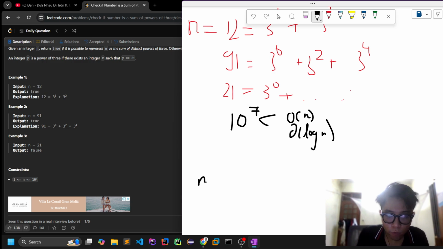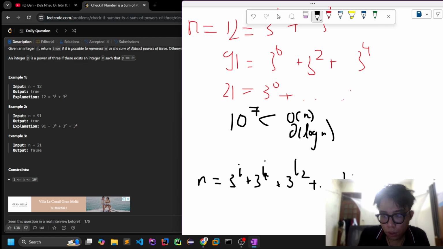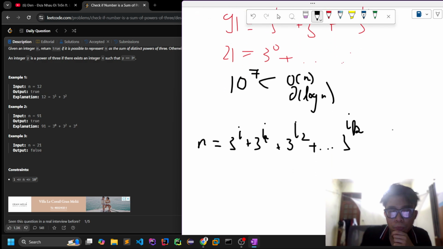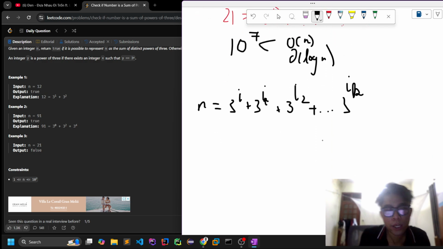For example, n will be equal to the sum of 3 power i1 plus 3 power i2 and so on, plus 3 power ik. We can say that the maximum ik, where 3 power ik is less than or equal to n,